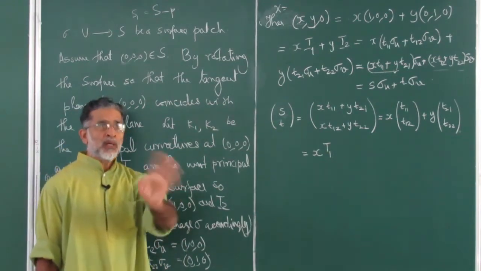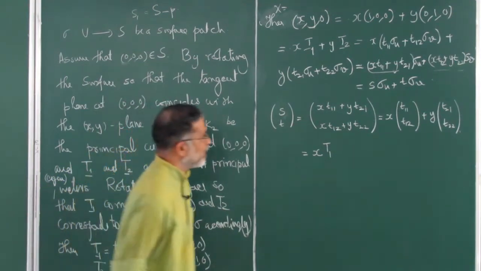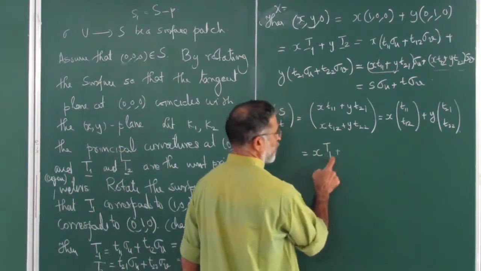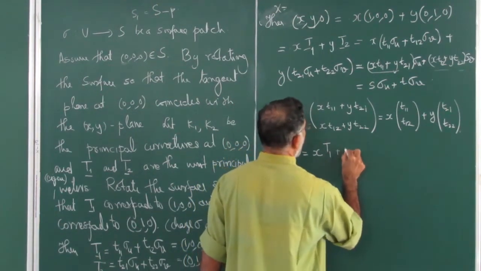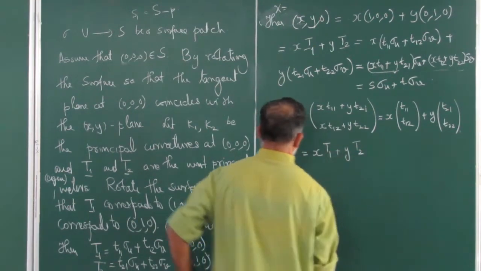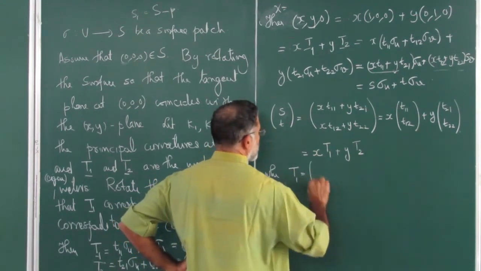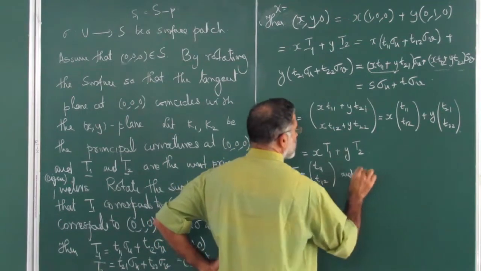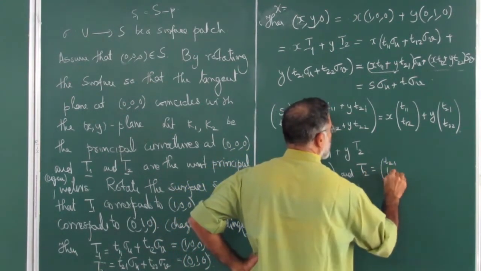First one gives you the dot product, second one gives you the normal curvature. Okay, so that's what we are trying. So these coefficients are useful for computation. If you want, I can write that and tell you how you get it. So where T1 is T11, T12 and T2 is equal to T21, T22.